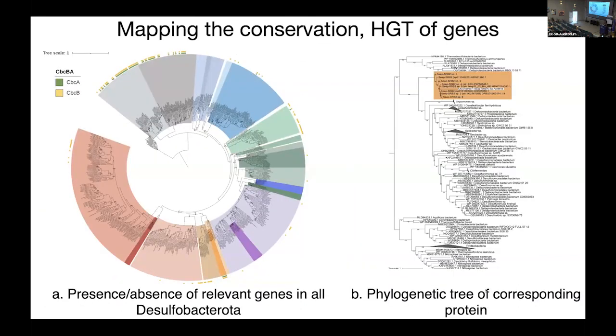So once you do that, and then you also develop this physiological model for what this mutualism actually involves, you can then look at the physiological traits, like these anatomical components that I was talking about, by basically looking at the presence and absence of genes in the entire evolutionary neighborhood of Desulfobacterota. And you can look at phylogenetic trees of each of these corresponding proteins that form a component and see how it evolves. Basically, it's a little bit like gene and species reconciliation, but in a slightly more manual way, where